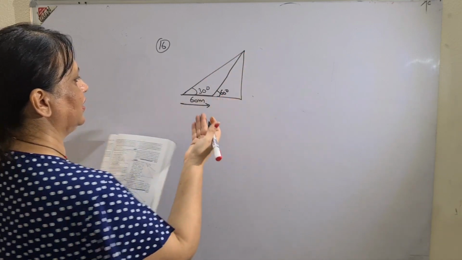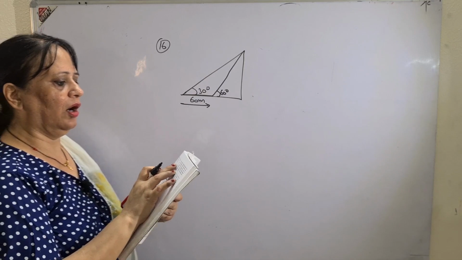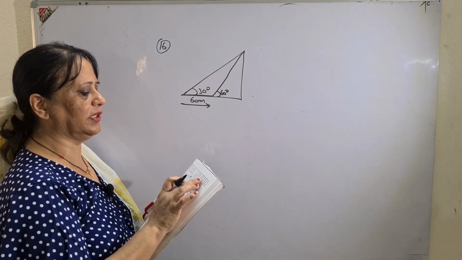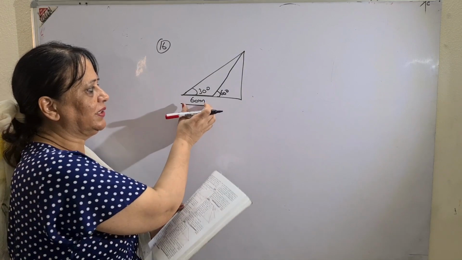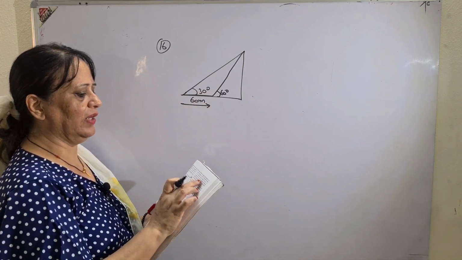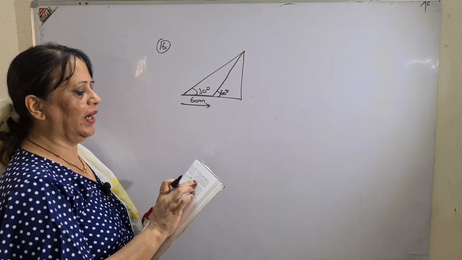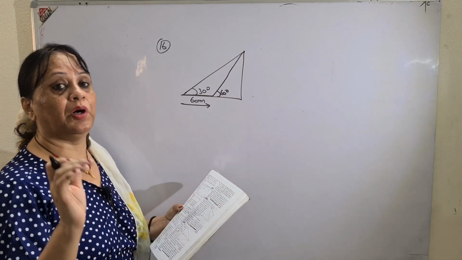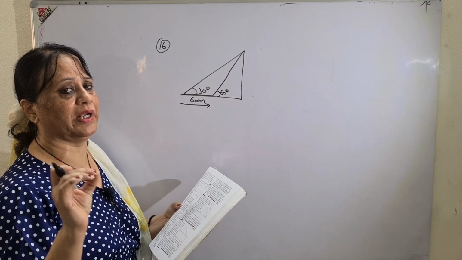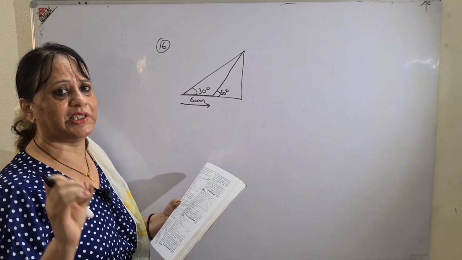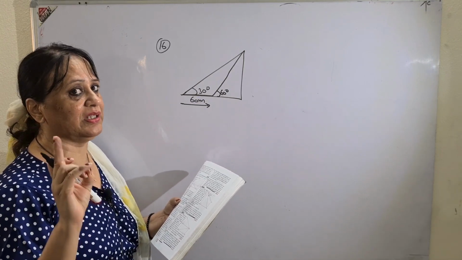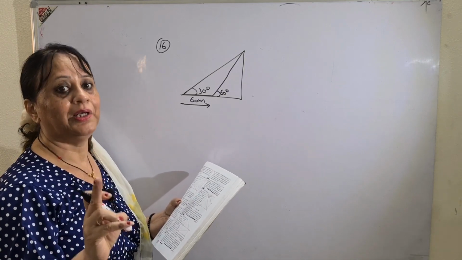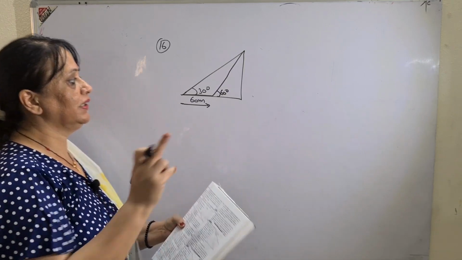This is the question. Come on, children. Again the language. He walks towards it in a horizontal line through the base. On covering 60 meter, the angle of elevation changes to 60 degree. Find the height of the building correct to the nearest meter. So in almost all the questions you are getting this line, correct to the nearest meter. This is the line which will give you full 1 mark. If you will not write it, you will not get 1 mark. So be careful, children.